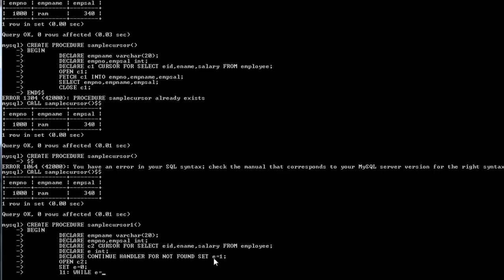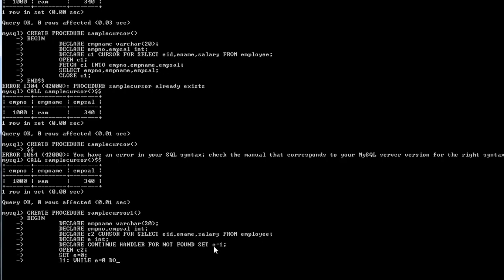e equals 0 to fetch C2 into, and all those things, whatever the variables we created, emp number, comma, emp name, comma, emp sal. So I have provided all the variable names. If e equal to 1, then I have to leave L1. So we have used leave instructions earlier,